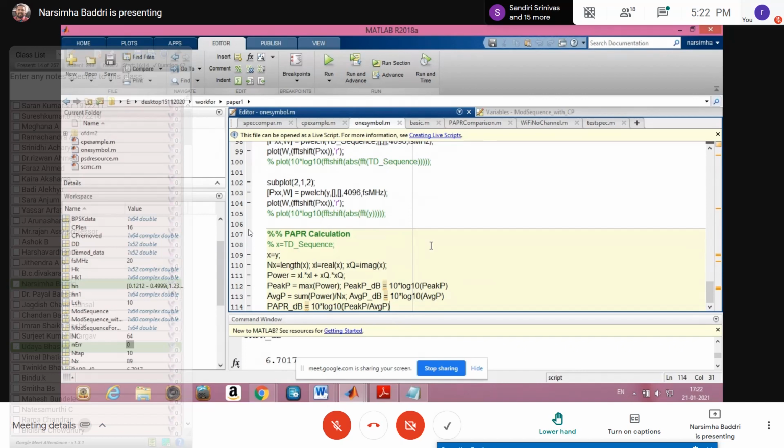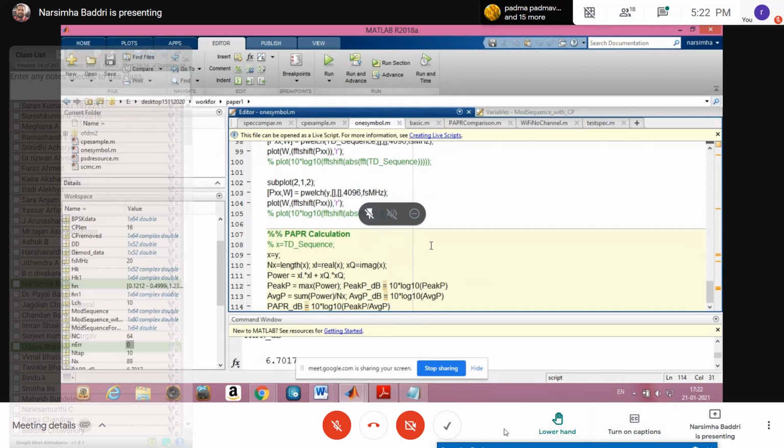One thing we have to point out is spectral leakage, that is, inefficient spectrum utilization. Out of 64 subcarriers, we are utilizing only 48 for data transmission, and the remaining are being wasted, even though they are carrying some pilots or some unused carriers. The spectrum efficiency will be reduced, and the PAPR will also be high.